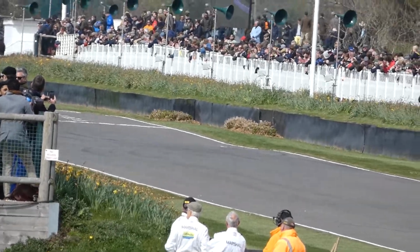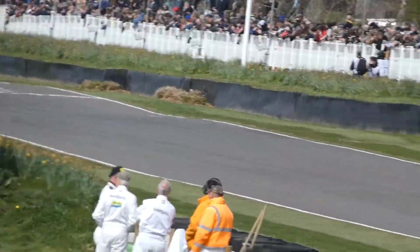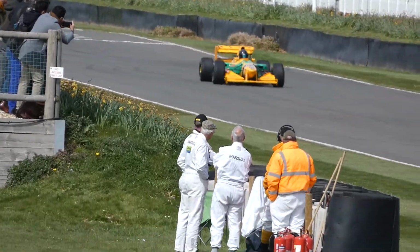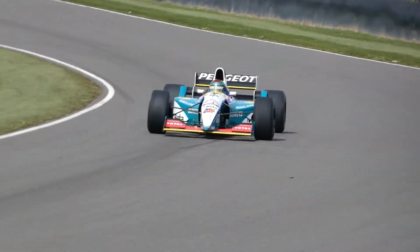But it's wonderful to see these cars out here at Goodwood and to listen to these high revving machines. It's a real opportunity, the members meeting as well, because it's restricted on how many fans can get trackside for this particular meeting. So it's got that exclusive feel about it as well, isn't it? You can really feel like you're